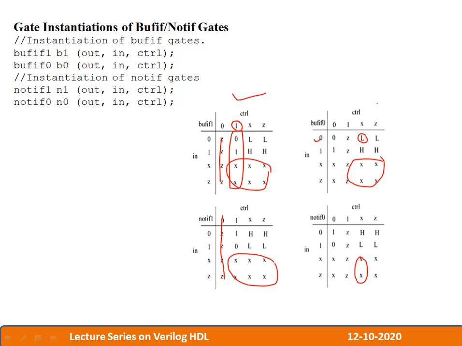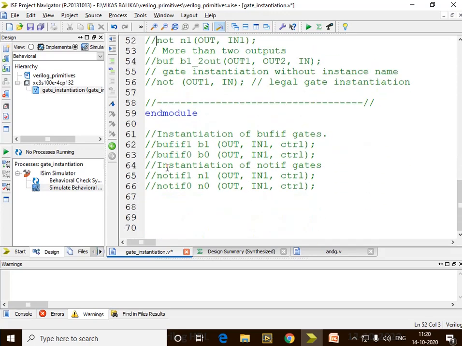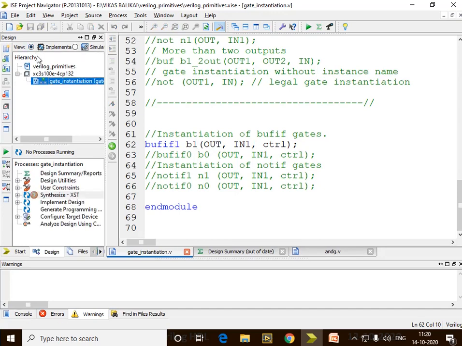Let's try to simulate this particular scenario as well. I'll comment out this one and open up, bring this over here. BUFF 1 again with an instantiation. Try to remember that instantiation. Save this, come over here, synthesize it.